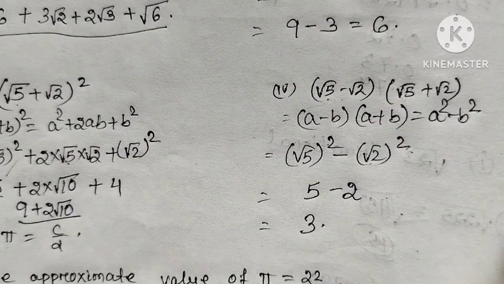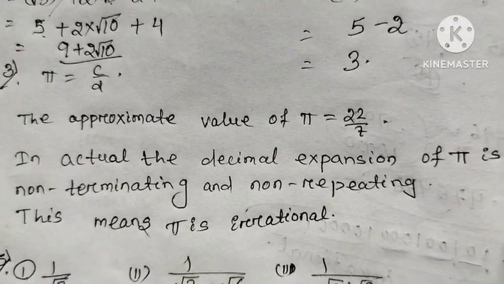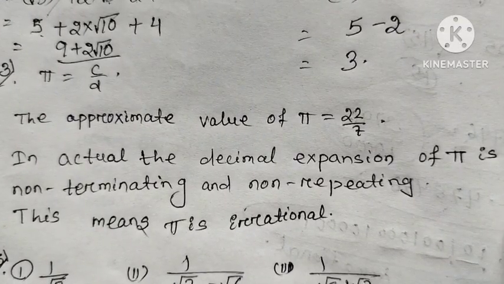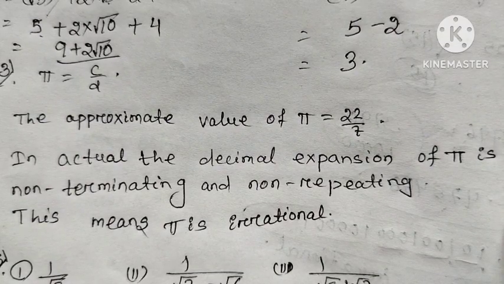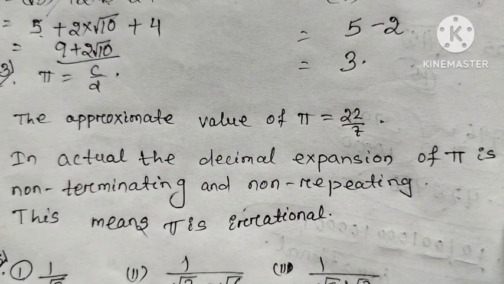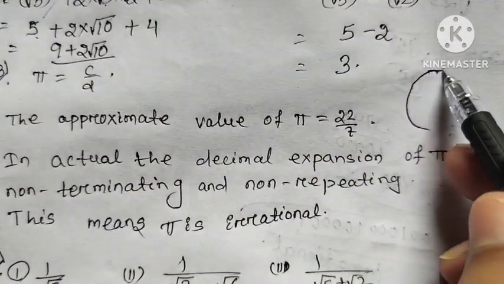Now question 2 is over. The next question, number 3, is given. What is given? Recall pi is defined as the ratio of the circumference, say C, of a circle to its diameter, say D. That is, pi is equal to C by D. This seems to contradict the fact that pi is irrational. How will you resolve this contradiction? It is given, this one is a circle.